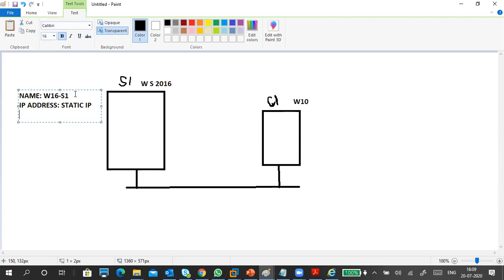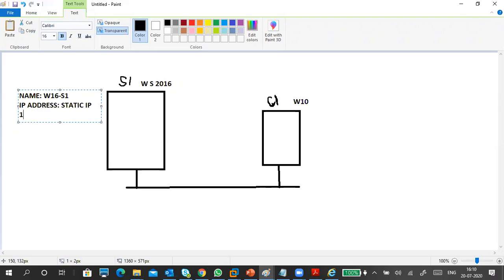Try to avoid the 192.168 series IP address. Don't use it. You can use 10.0.0.0, that kind of thing, or 11. The 10 series private IP is the best one. Use the 10 series or the 172.16 series. You can use it.